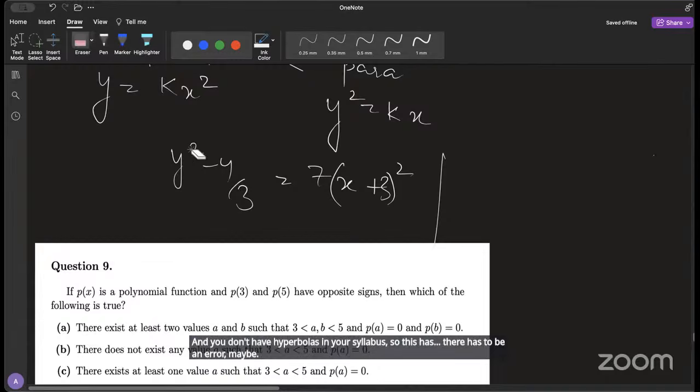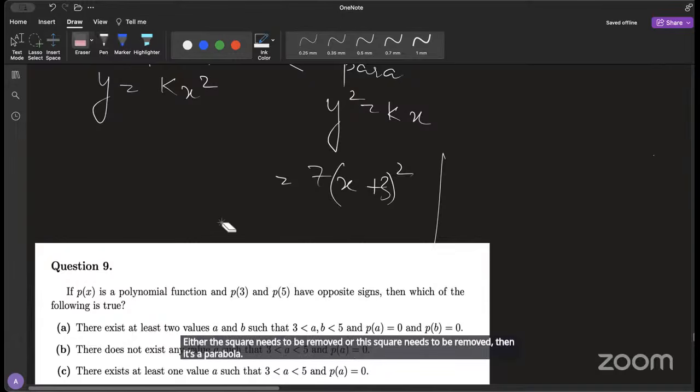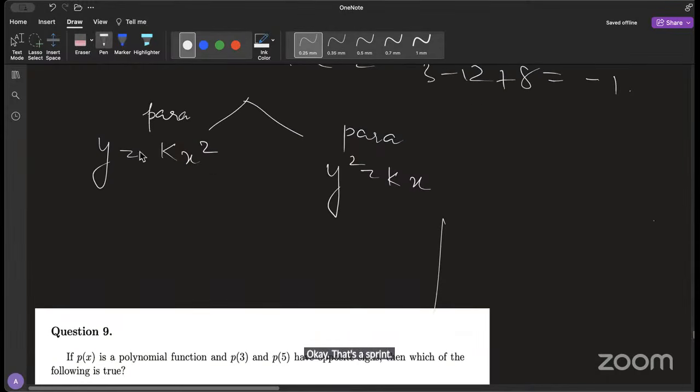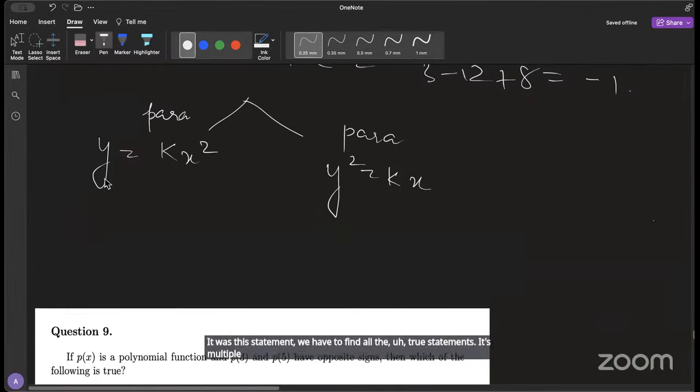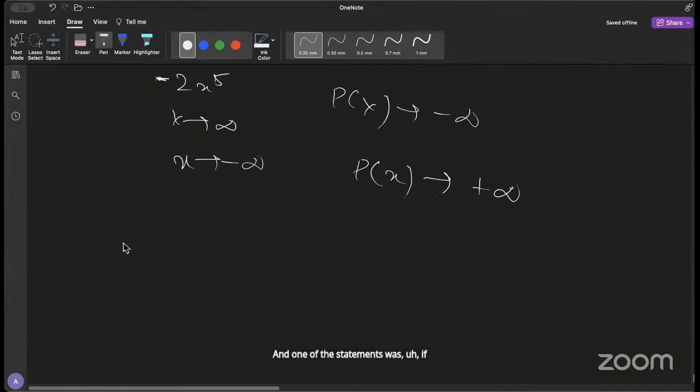Maybe either this square needs to be removed or this square needs to be removed. Then it's a parabola. Okay, ma'am, that's a misprint. Because in this question we have to find all the true statements. It's multiple select. And one of the statements was, if two different quadratic equations have the same discriminant, then the roots of